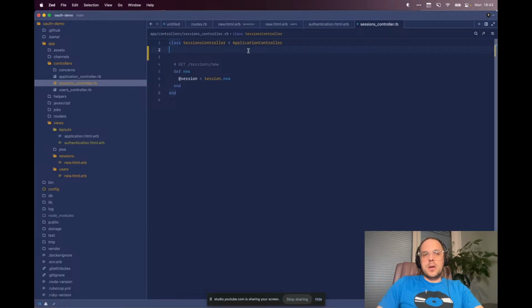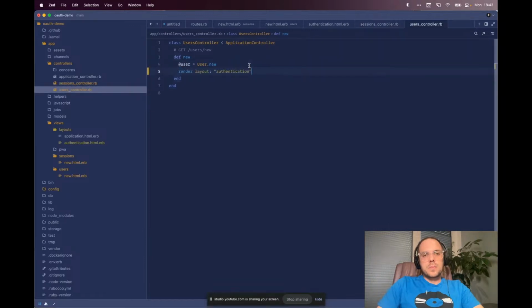So the other thing you can do is just say render layout authentication. I like to keep things a bit more scoped. So let's just do